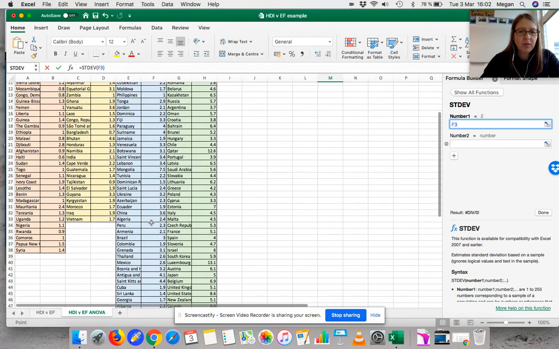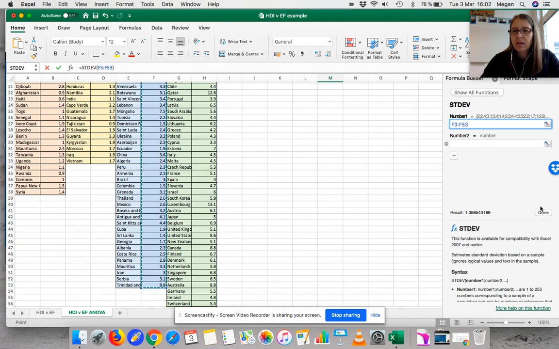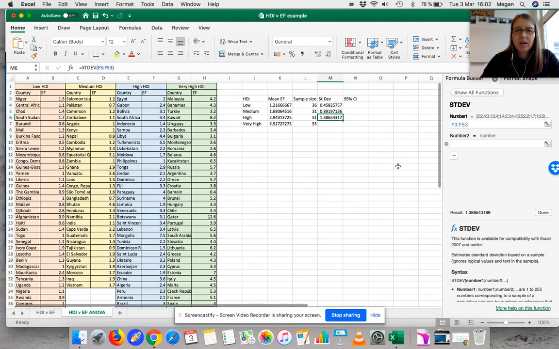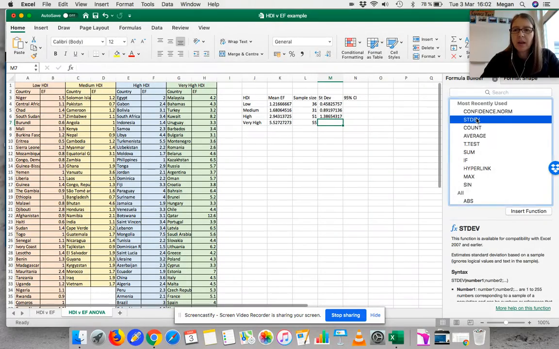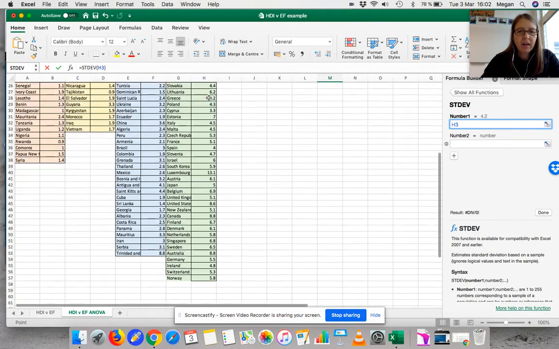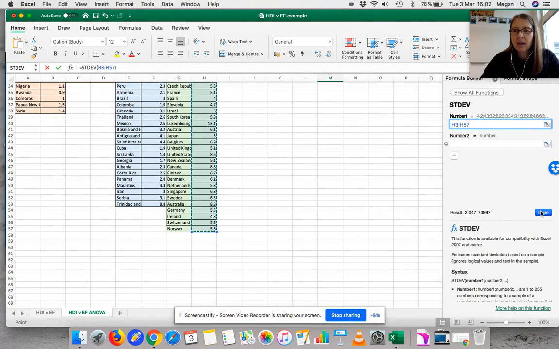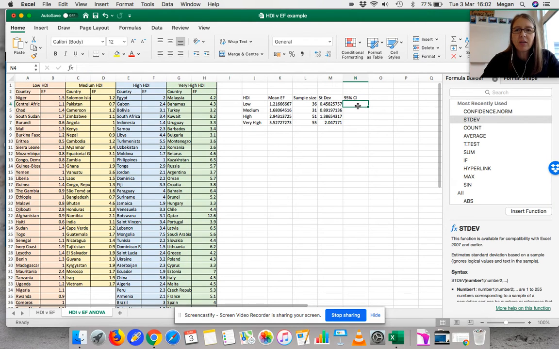And my ecological footprint. And my last one for very high. And done. Okay, so there's my standard deviation for all of them. And then my confidence intervals, actually a little bit easier to do because I don't have to highlight all that